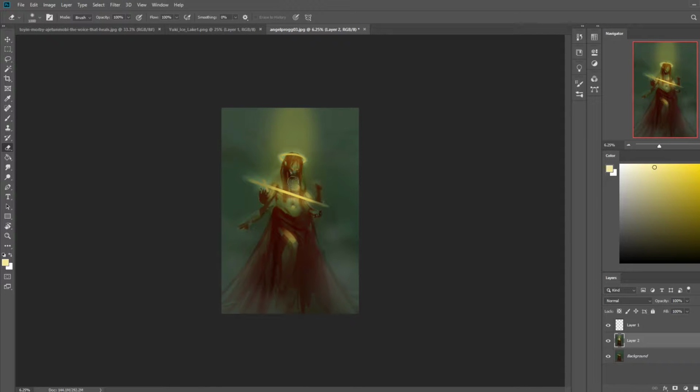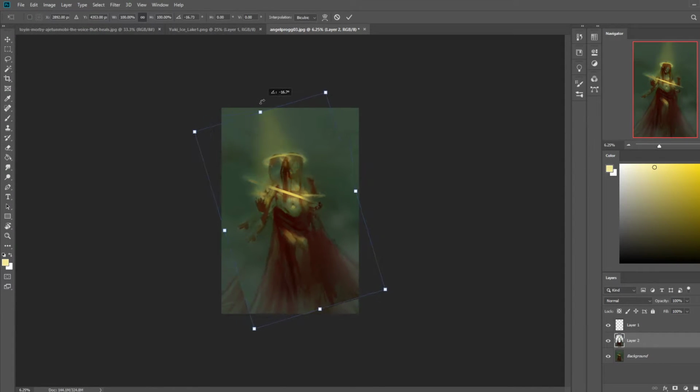And cast some shadows as well. So only the tops of the shoulders are really getting some of that light coming from above. And it's not a lot. It's just an indication. And I'll make it a bit more triangular. You can also have it coming in at an angle, something like that.